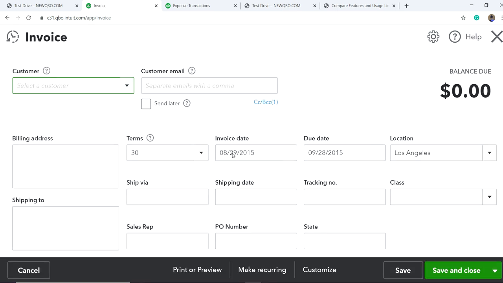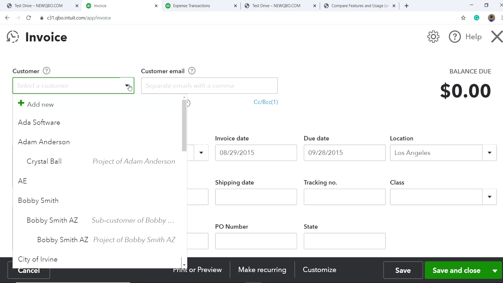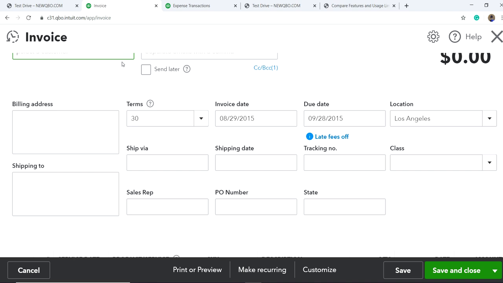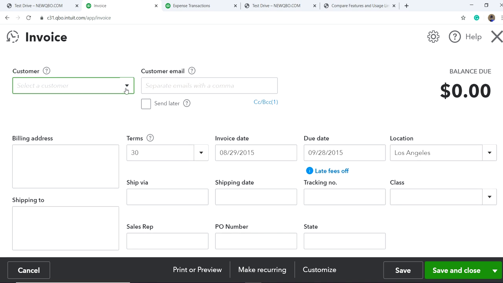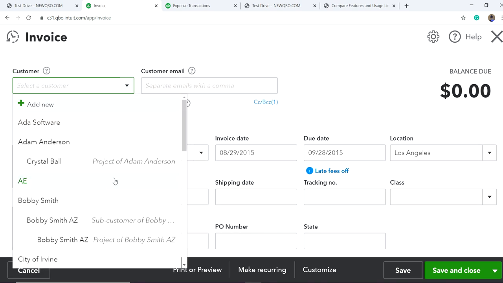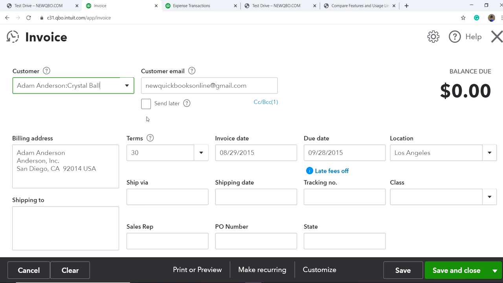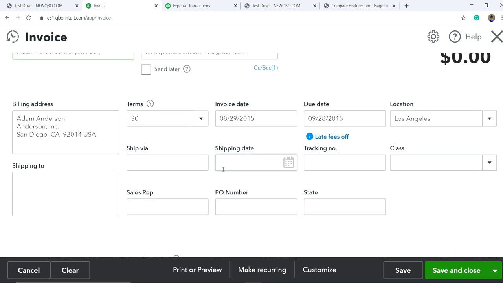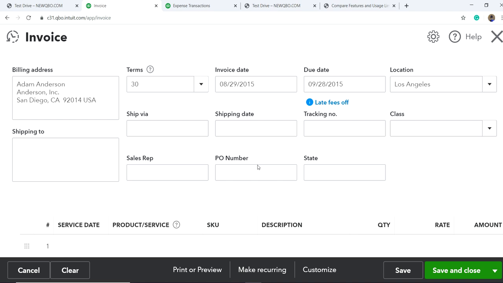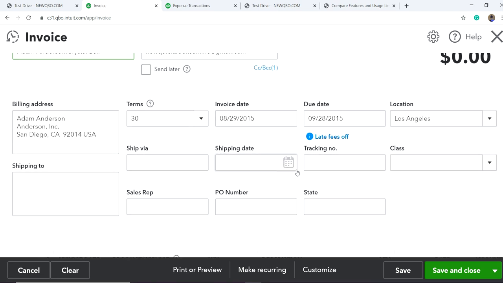Okay, so this is the invoice form. Let's say I want to invoice something. Alright, so if you use a project related, in this sample file I have a project, so you can select a project if you want and all these things, and then so you have a class,